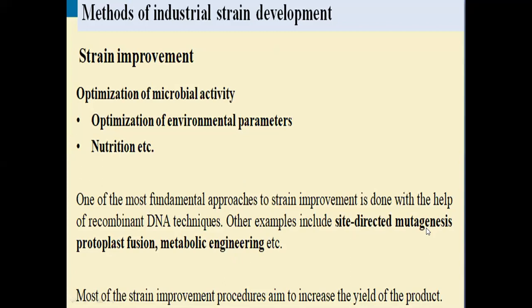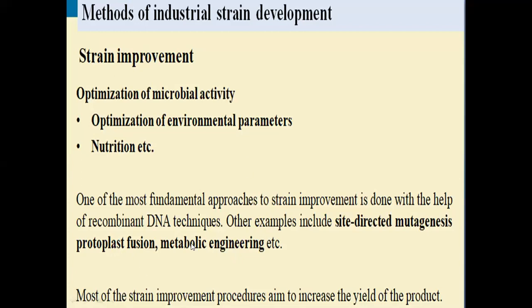So the most suitable method is recombinant DNA technology, but still you can use several other techniques like site directed mutagenesis. Suppose a particular gene is involved in making it more susceptible to acidic pH, you can silence that gene. Or you can do protoplast fusion, which is nothing but fusing your bacterium or the fungi with another fungus or bacterium of suitable characters. That is how you can produce a bacterium of your interest.